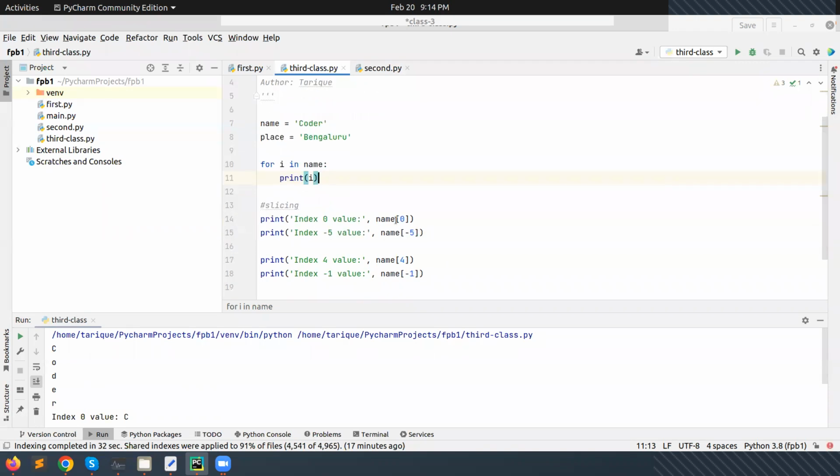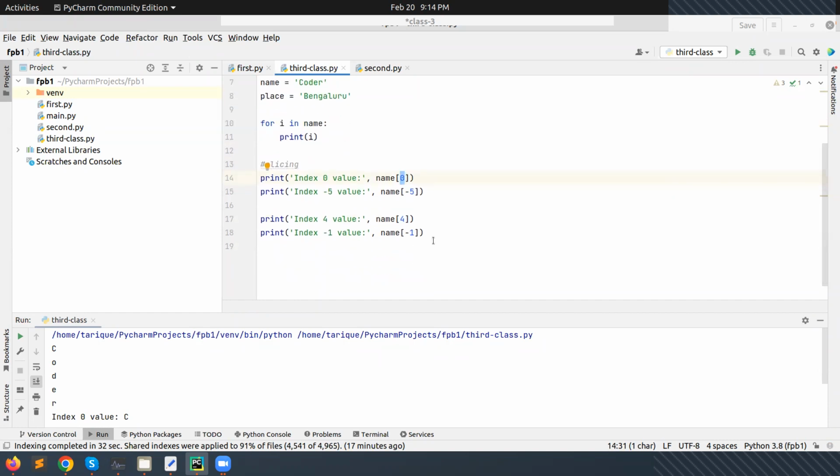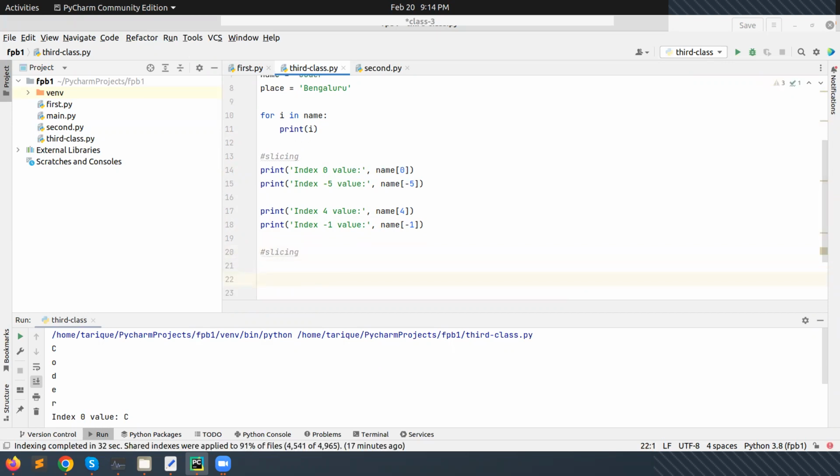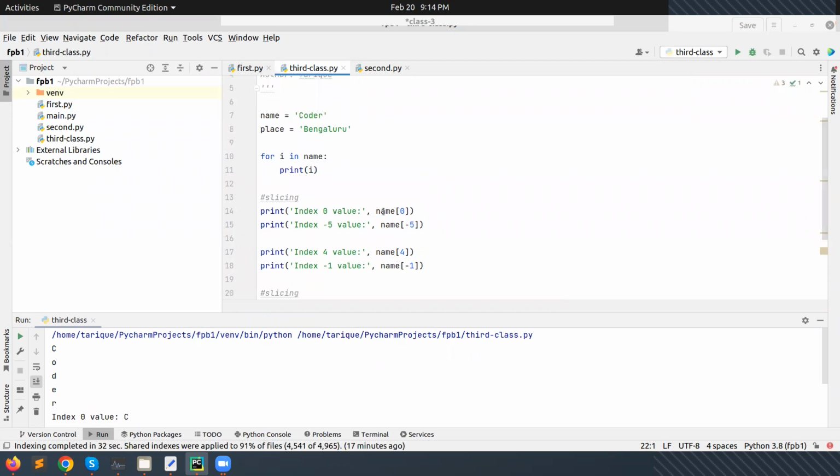And if we want to get a particular position on the basis of indexing, we want to get any letter, then we can use the index position. We need to pass it, and then we can get the values. Now, here is a very important thing: slicing in Python. What is the meaning of slicing? If we want to fetch only a limited number of letters from this string with the help of a single line of code,